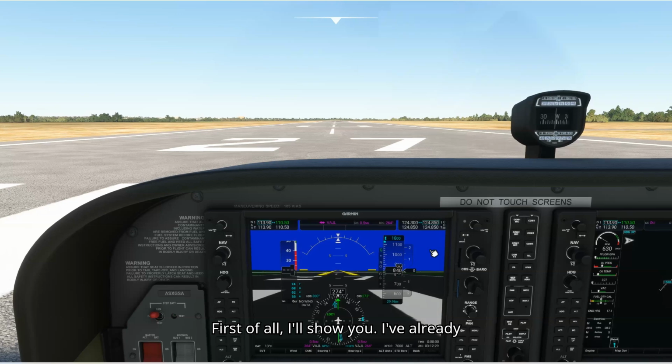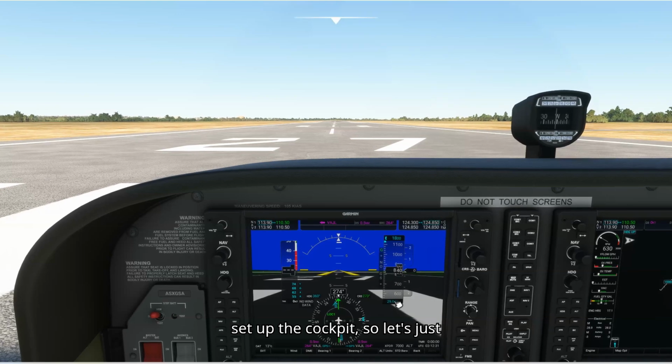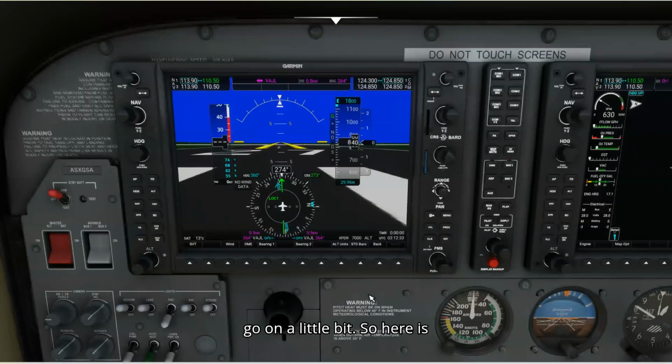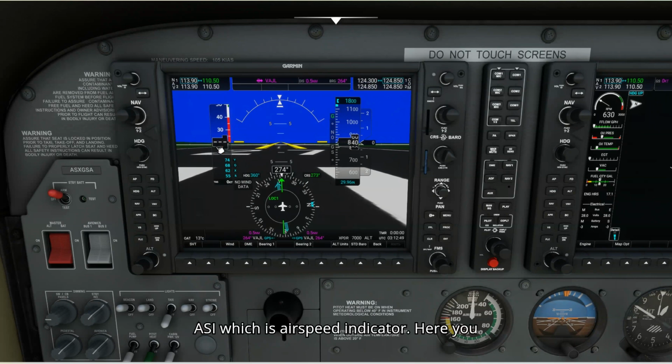First of all, I'll show you I've already set up the cockpit. So let's just zoom in a little bit. Here is the altitude. You can see I've set it up to 1800 feet. My elevation is set to 840. Course is set to 273 and my heading is 274, and this is the ASI, which is the airspeed indicator. Here you can see the airspeed,